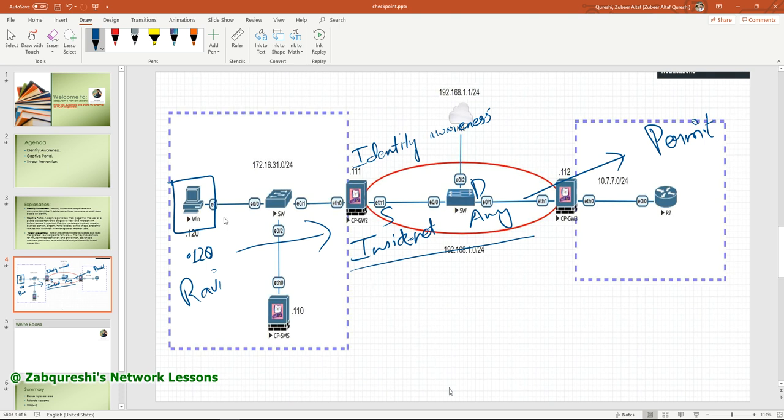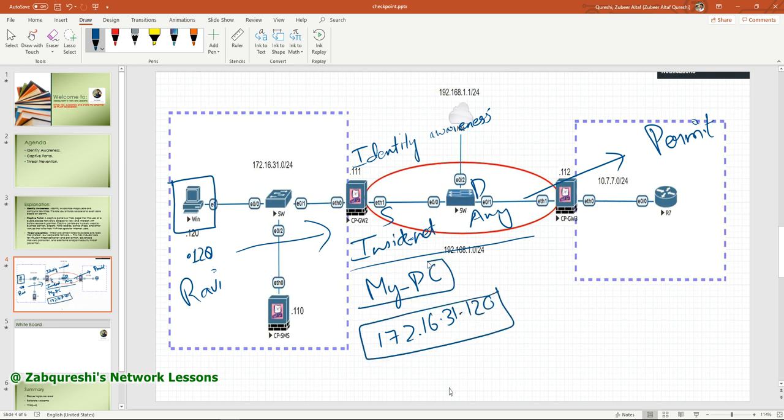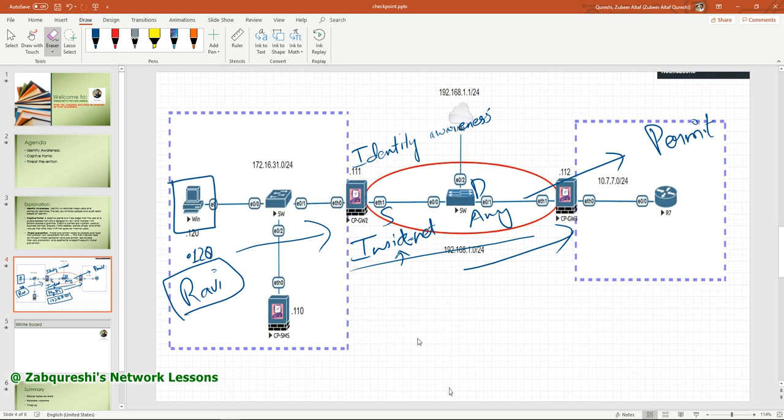So I have this object for this PC, my PC, and this object is specifically saying 16.31.120. Even if I had this object as my source, Ravi will not be stopped from going to the internet, right? Instead, now if we have this identity awareness, what happens is, this IP address